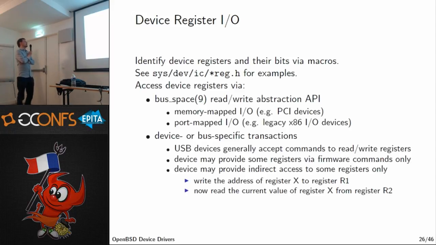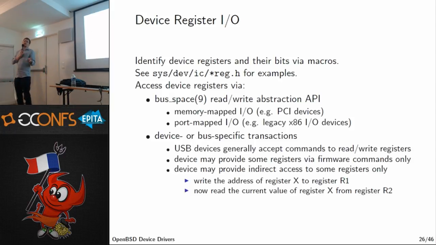You access registers with a special API in OpenBSD called bus_space, and basically it hides lots of architectural differences from you. So you don't actually have a pointer to the register, but you tell this function which address you want to access on the device. Usually the registers are in one or more contiguous memory spaces, and you identify a register relative to some base offset. That base offset is provided by the machine, set by the BIOS or by the PCI subsystem.